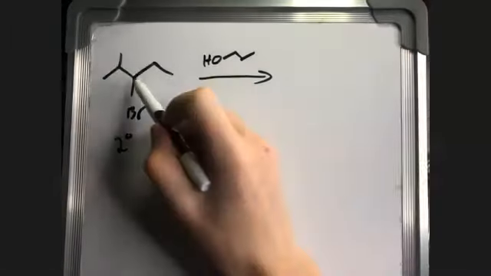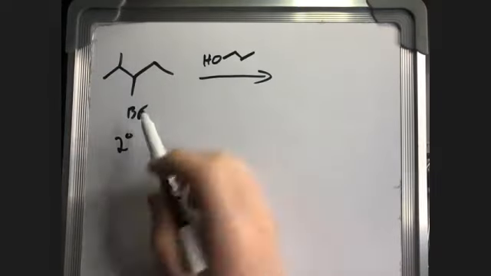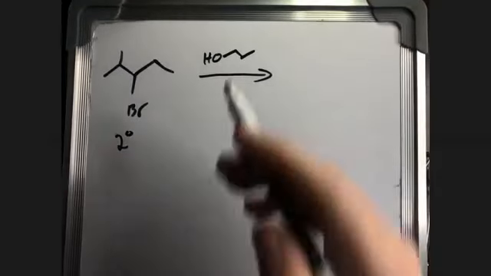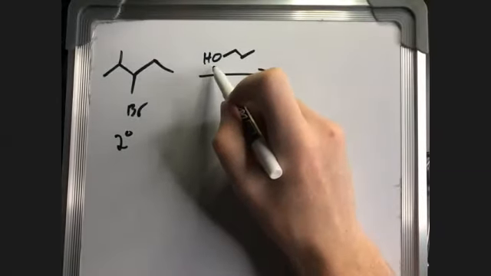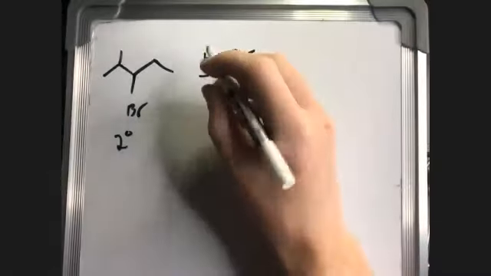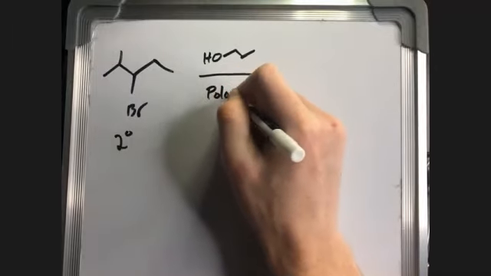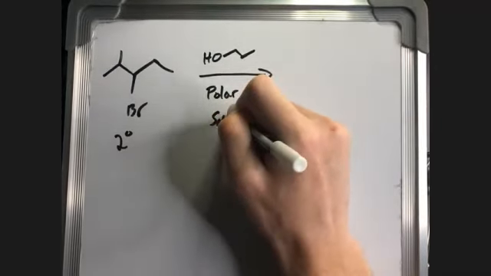Because this carbon is only substituted by 2 carbons. So that means it could be any possibility. We also have a weak nucleophile and a weak base because this is an alcohol, so it's not likely to function as a nucleophile or a base, but that means it's a solvent. So this is polar protic. So this is likely SN1 or E1,